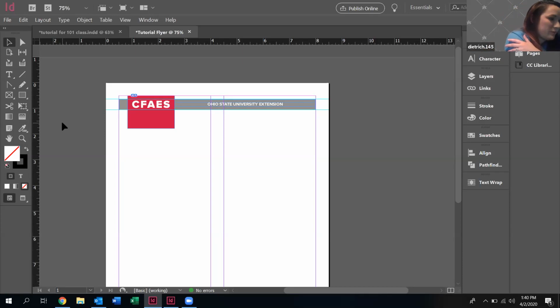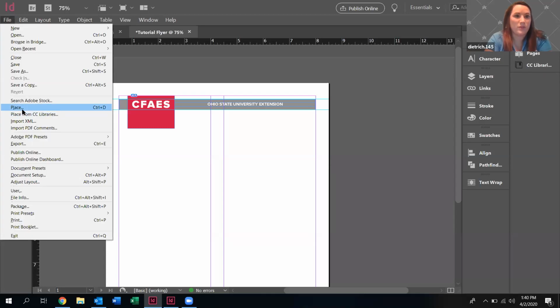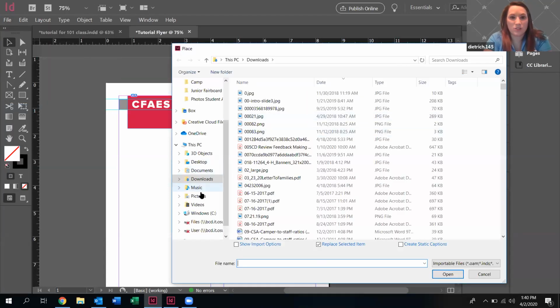Next step is to add a picture. So when you're adding pictures that are going to be big, like my picture is going to be, because it's going to be taking up the top half of my flyer, I do not, especially when you don't know what size the file is, like for the tag and the logo, I knew that those file sizes were going to be relatively appropriate to what I needed for my template. But if you're dropping in an image, and I'll just show you, for example, if I place an image just randomly,